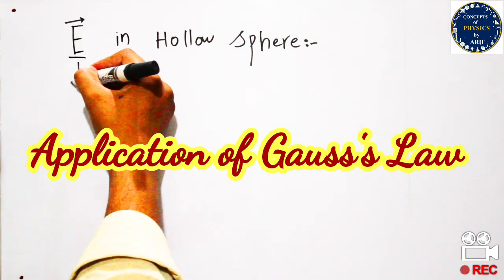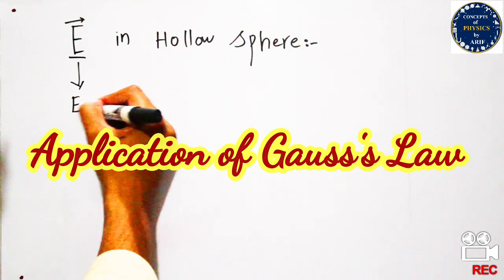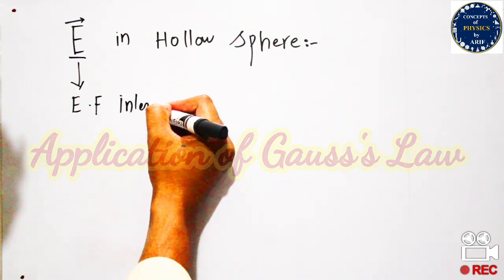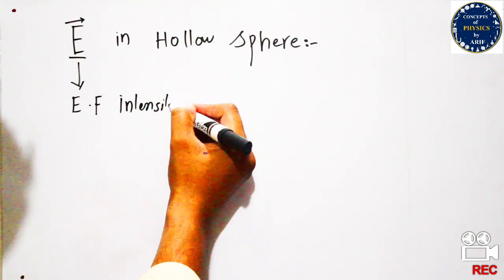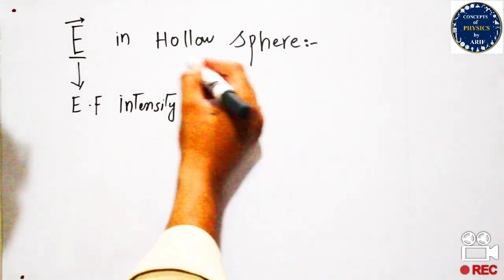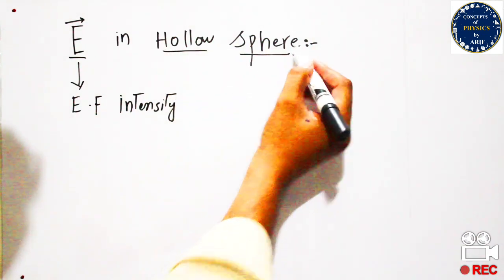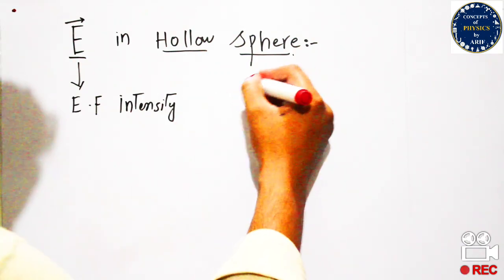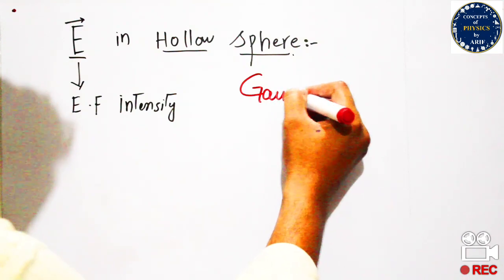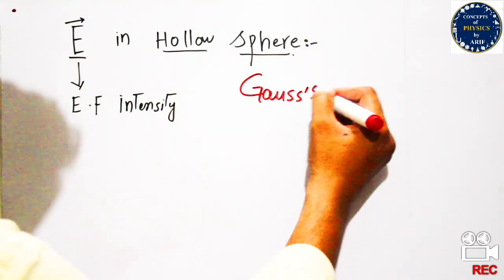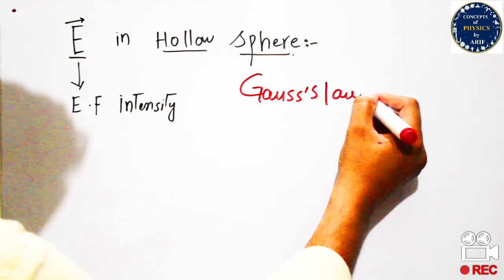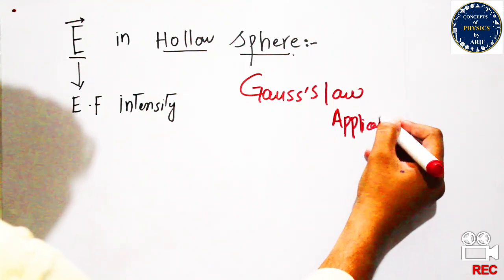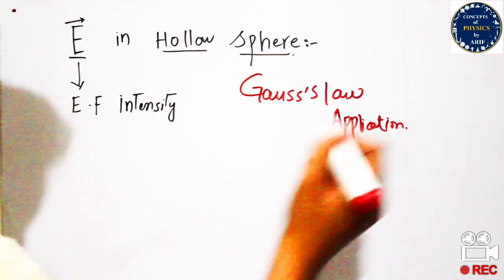The first application is about the electric field intensity in a hollow sphere. It means that I need to calculate the electric field intensity in a hollow sphere. So this E belongs to electric field intensity, and the hollow sphere is a sphere in which we will draw an arbitrary or imaginary boundary. In that imaginary boundary we will place a hollow sphere. So this is the first application of Gauss's law,